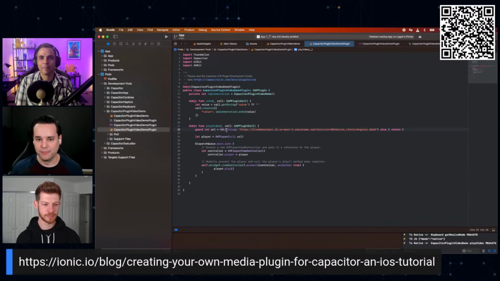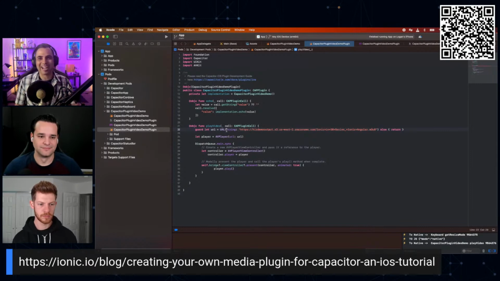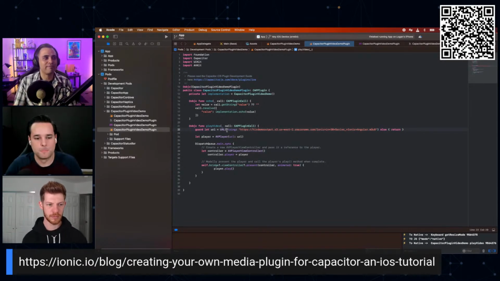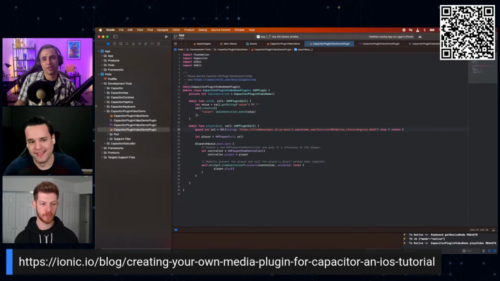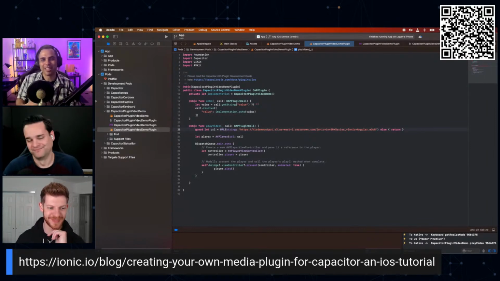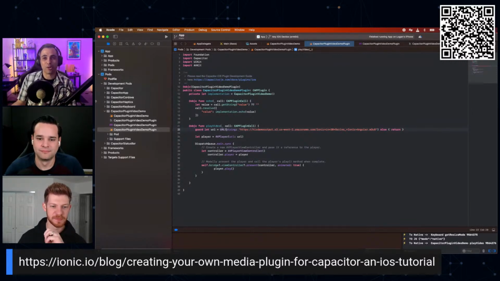Yes. So you have a couple imports at the top. Can you explain what those are and why they're important? Yes. Luckily, a good portion of them actually come by default, so that makes it a lot easier. You don't have to import a lot. Foundation, I believe, is default. Capacitor is default. Essentially, Foundation is all the libraries associated with anything foundational to building an iOS application. And of course, Capacitor is the way that we have our plugins work on iOS. But the two that don't come by default